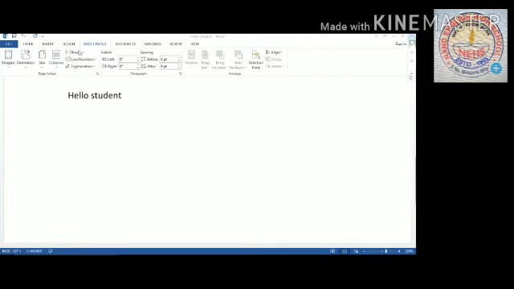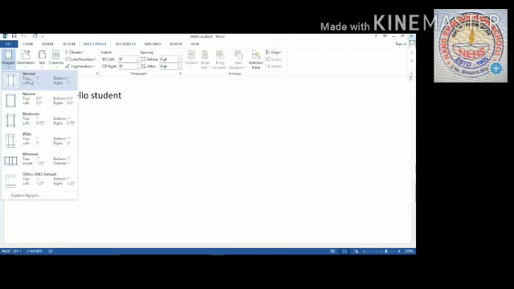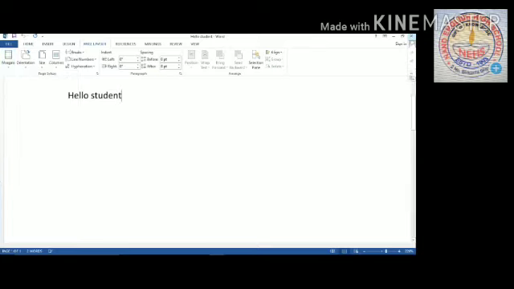Children, this is your margin. Here select the type of margin: normal, narrow, moderate, wide, mirror. Any type of margin you can set.